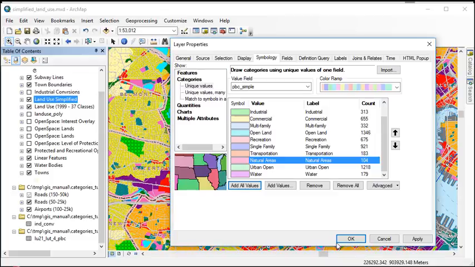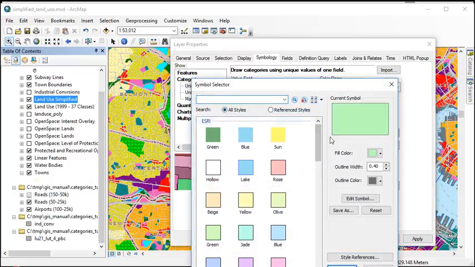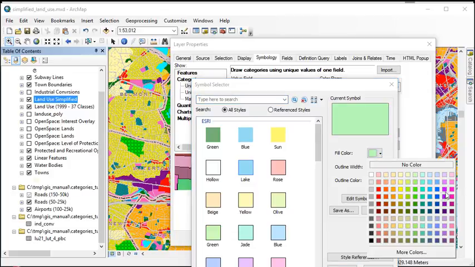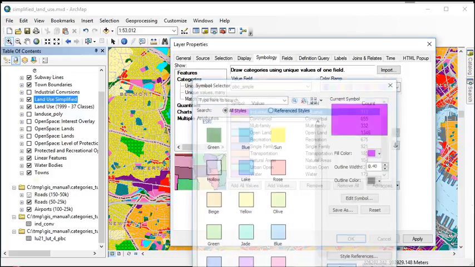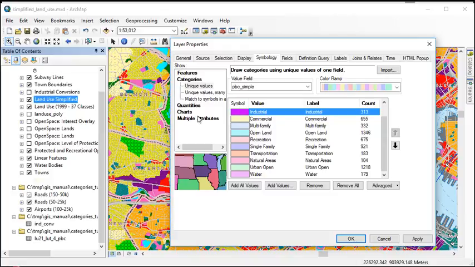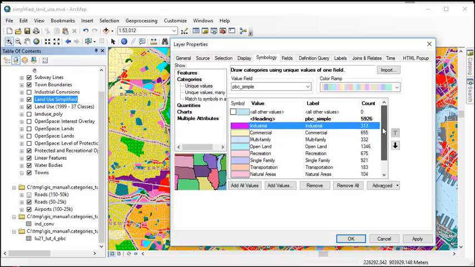We want to engage with the conventional land use colors, which are discussed in a web page linked to this. Industrial, for example, should always be purple, or else people are going to get frustrated when they're looking at your maps. And I won't take the time to do that right now, but I just want to